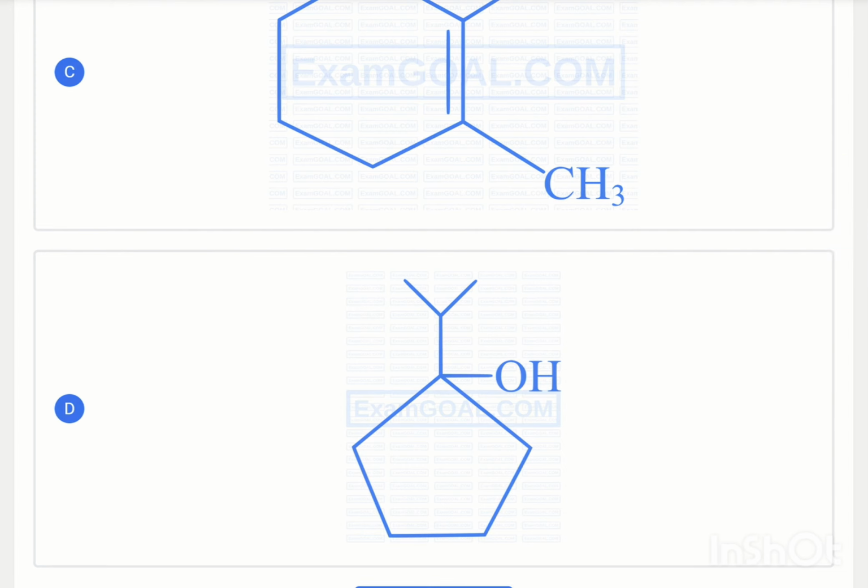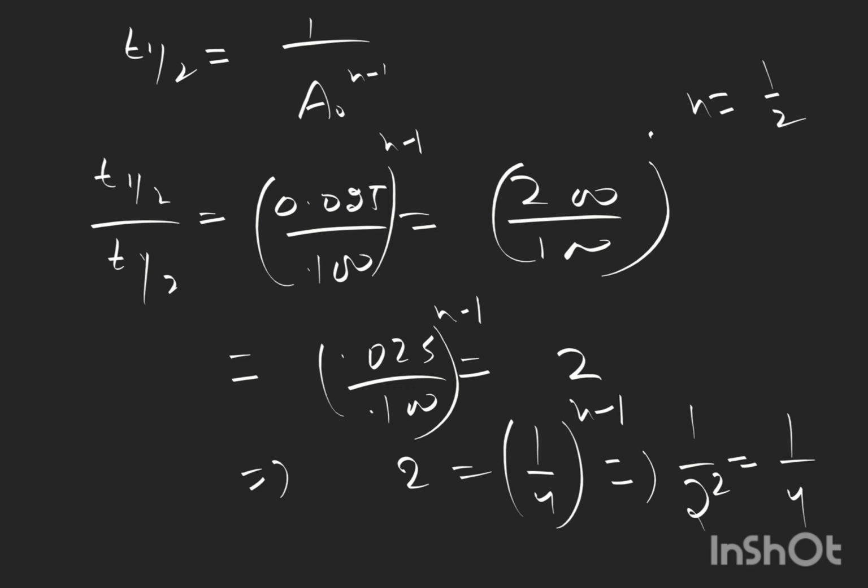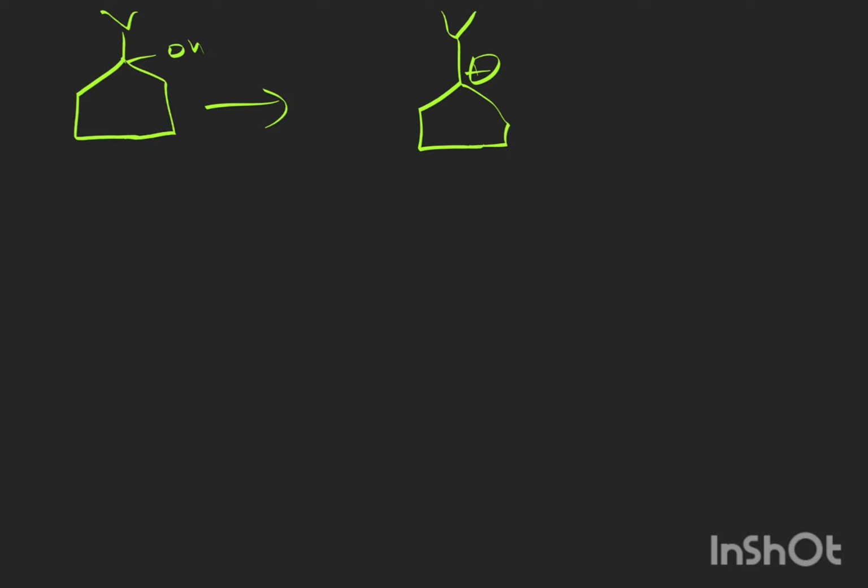So, okay, on the smartboard we will do it. Only on the smartboard we solve it. So we have got OH. So when dehydration occurs, the carbocation will be formed here. This carbocation will undergo rearrangement. The 5-membered ring with a positive charge will give us a 6-membered ring, right? This then will be converted to,